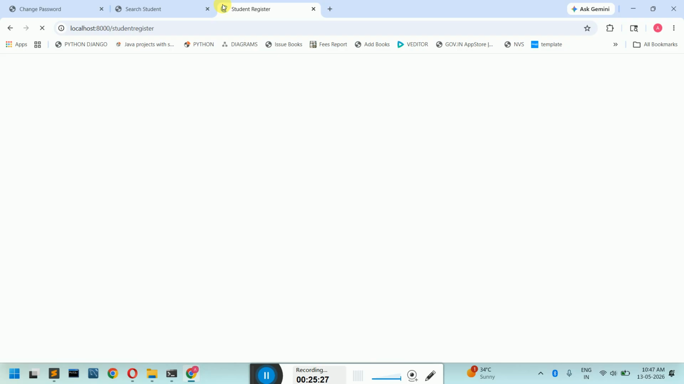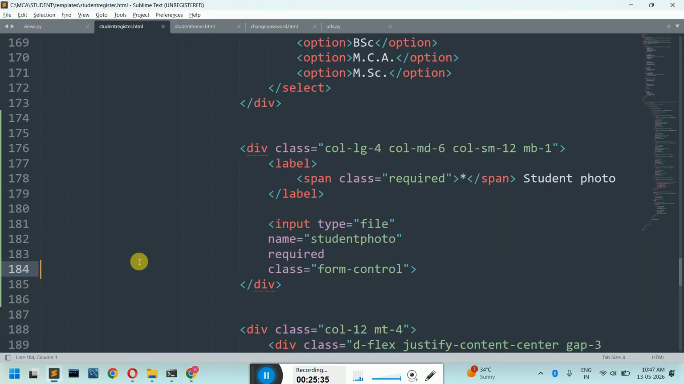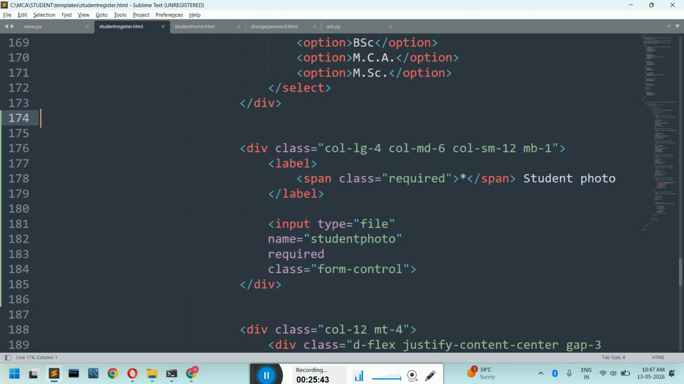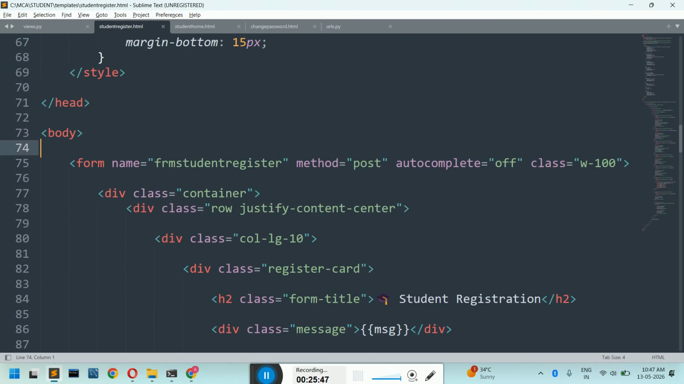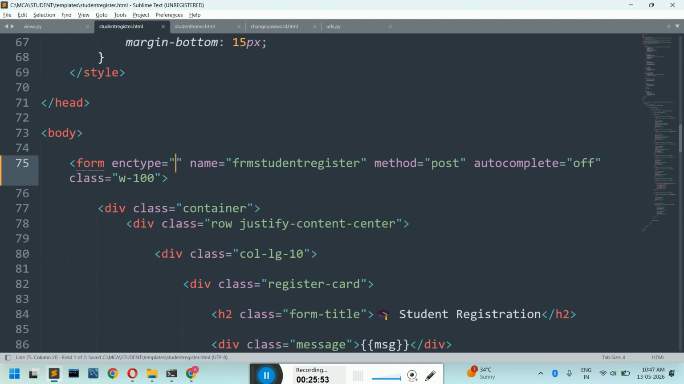STUDENTREGISTER. So I get a register page with an upload file option in this case. Second thing, the most important change that you have to do when you are uploading a file: in any form tag, if you are making use of input type is equal to file, you have to add one attribute in the form tag in this case. So in the form tag you have to add one more attribute, that is enctype. enctype is equal to multipart